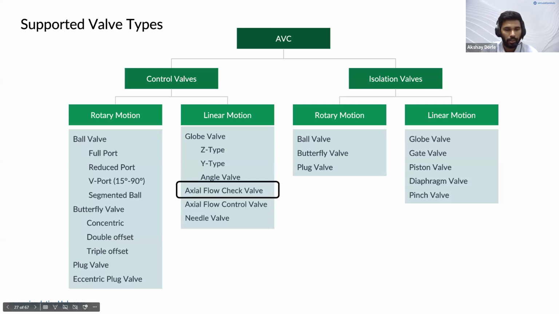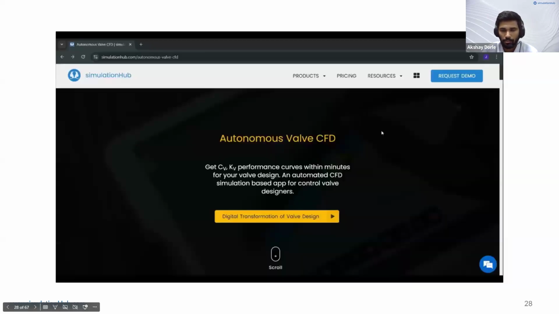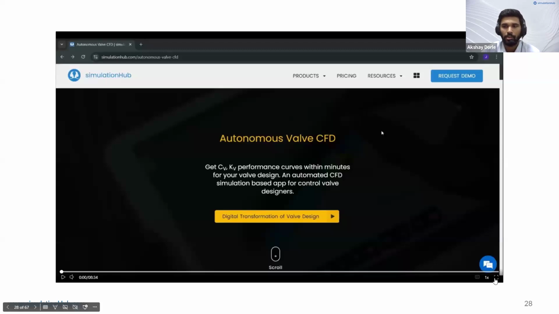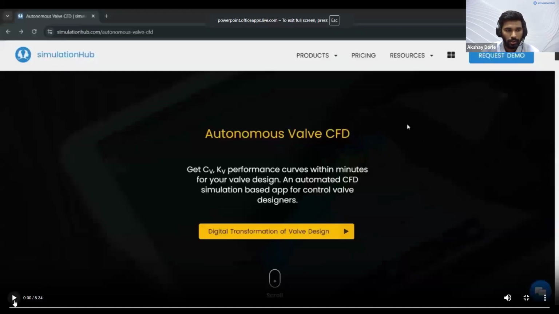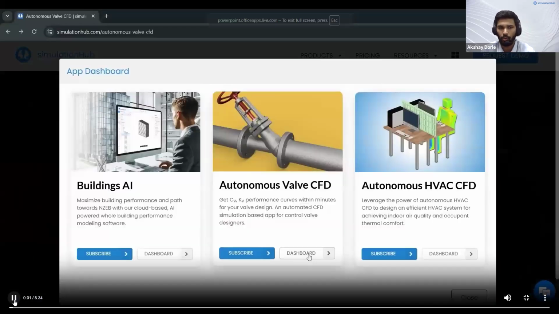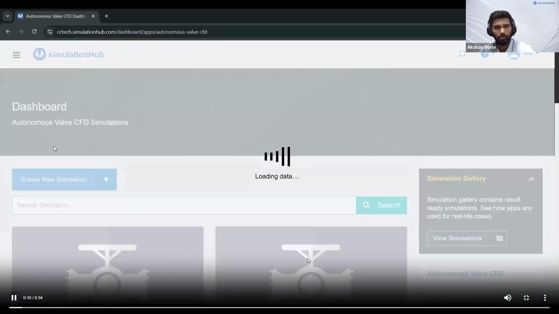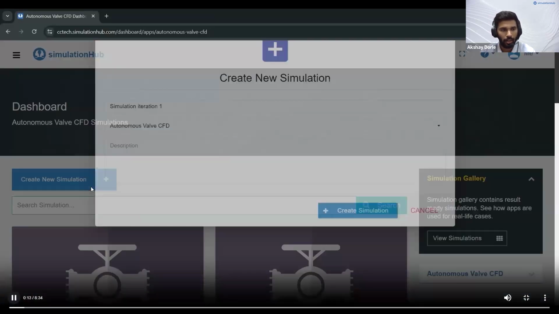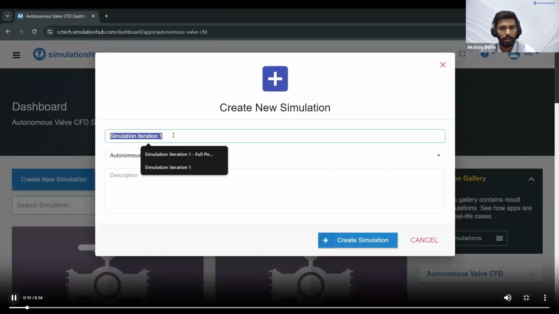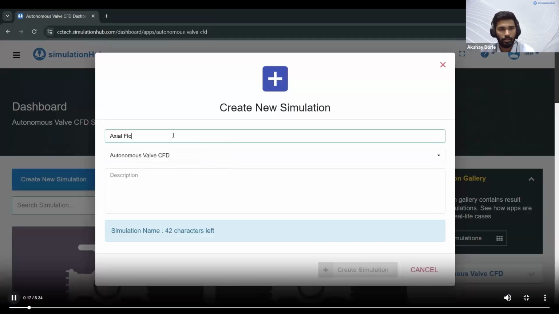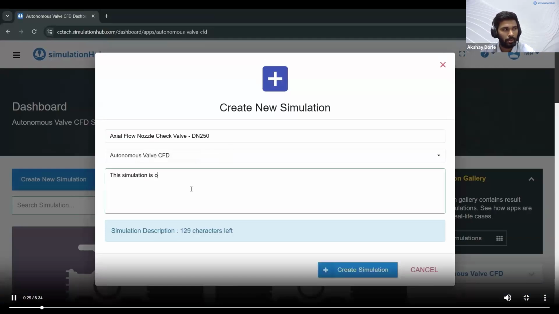Moving on to the next one. So here we have done a demo. So we'll just quickly jump into the demo. This will give you an overview of how AVC works. It's a web-based application. This is the dashboard of your account. You will start with creating the simulation. You will just give it a quick name, axial flow check valve. You will give it a description, and